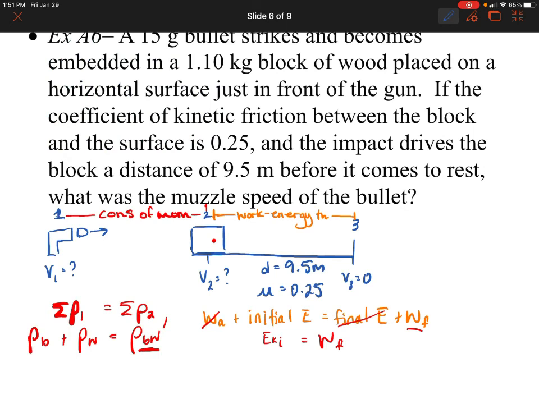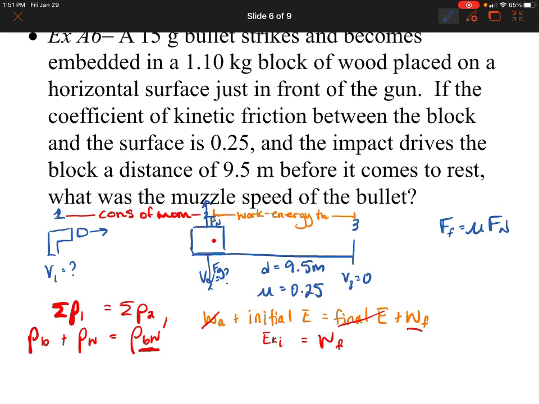Okay? So let's go over to this page to start doing that. And so again, what do I have? I have my initial kinetic energy, which is all being transferred into friction, so it's equal to the work done by friction. So that's 1/2 mv squared, and remember that's v at position 2, is equal to the work done by friction, which is force of friction times displacement. Okay, we need to find the force of friction, which is of course mu Fn. So if I go back here, I know that force of friction is equal to mu Fn. If I need Fn, well, I'll just draw a quick little free body diagram here.